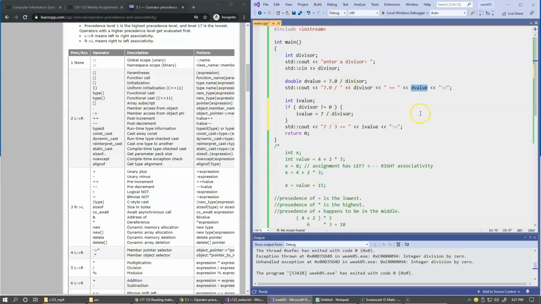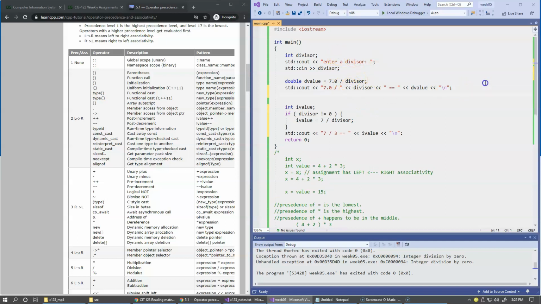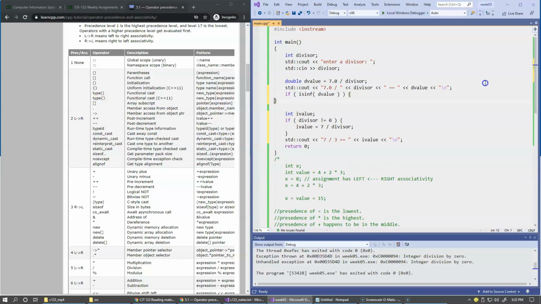And in here, by the way, the line of defense over here is that you can detect it like this. If this thing right here, d-value, is infinity. Okay, we'll just try to use a function to determine this. We can then say